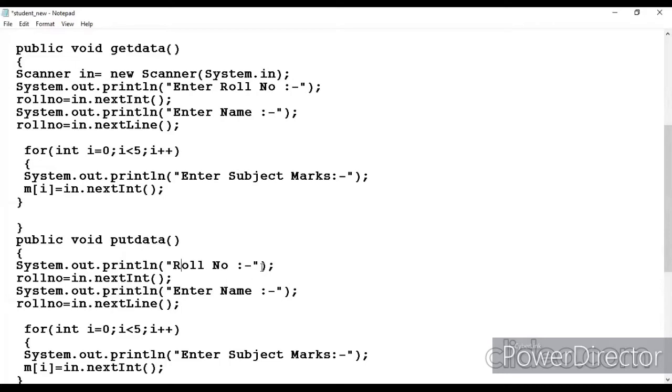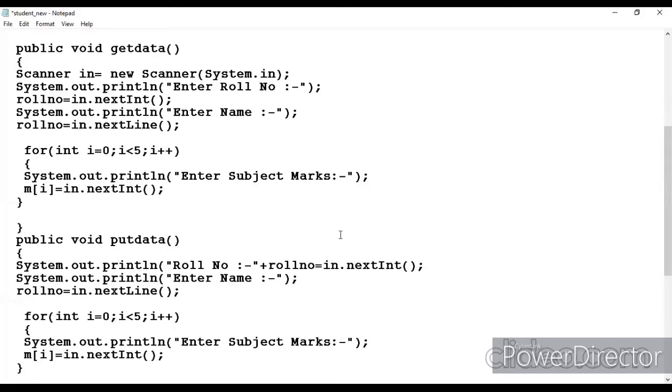So roll number, you have to say println plus \t\t, which I had already discussed in the previous video. If I want to display in tabular form, I have to use it. But first, let me take normal: plus roll number, then name, plus.